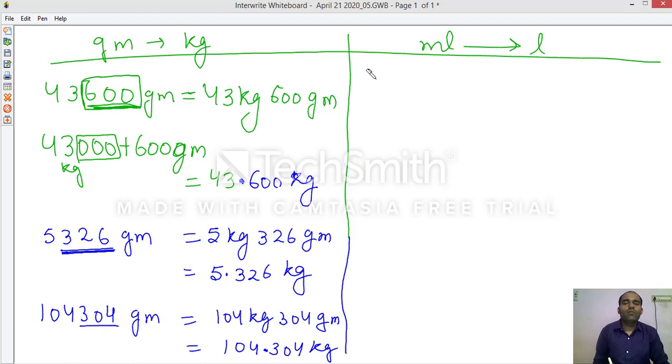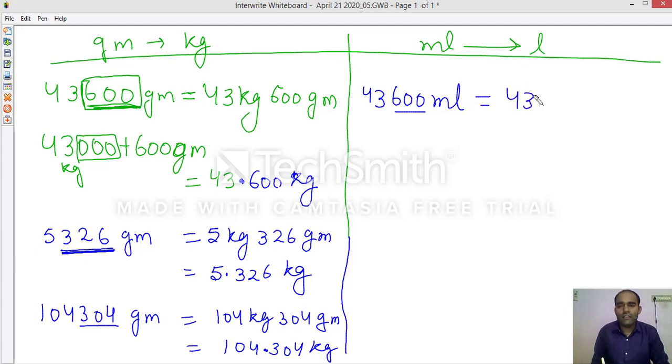So what you need to do is meter into liter yourself. Let's take one example. I will explain one example and you will do all the examples yourself. Let's take 43600 milliliter. You need to remove these 3 digits, and all the rest of the digits will go in the liter portion, and these 3 digits will go in the milliliter portion.